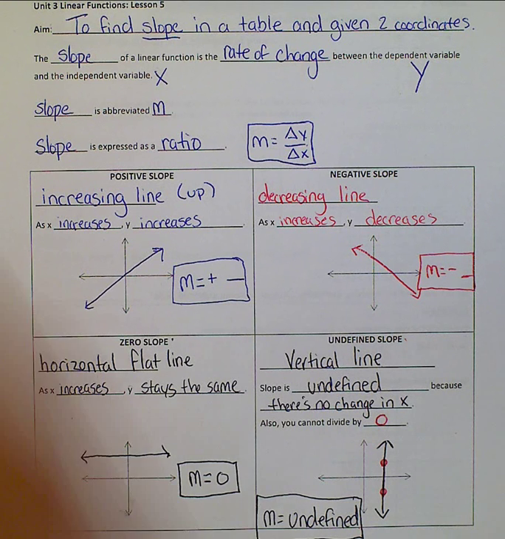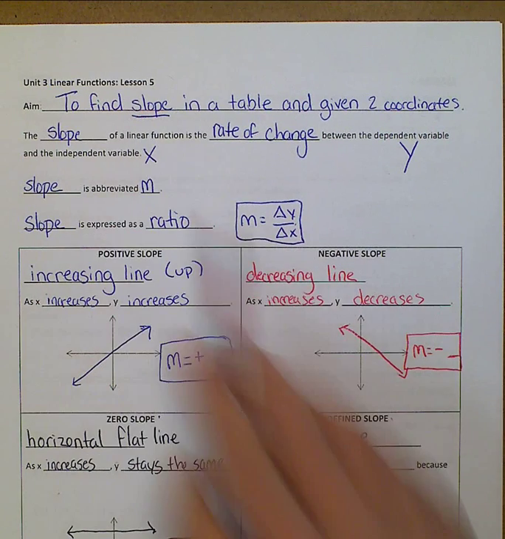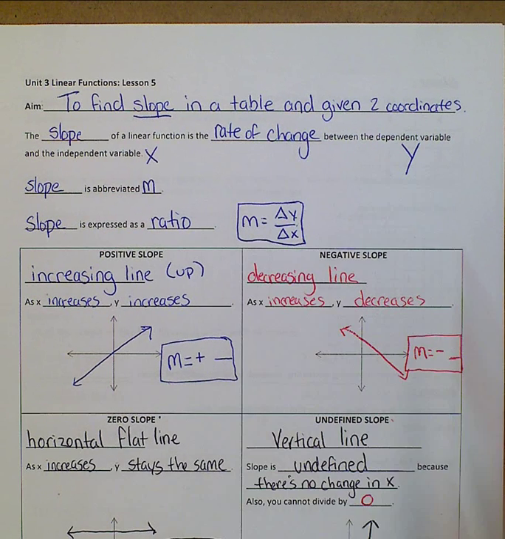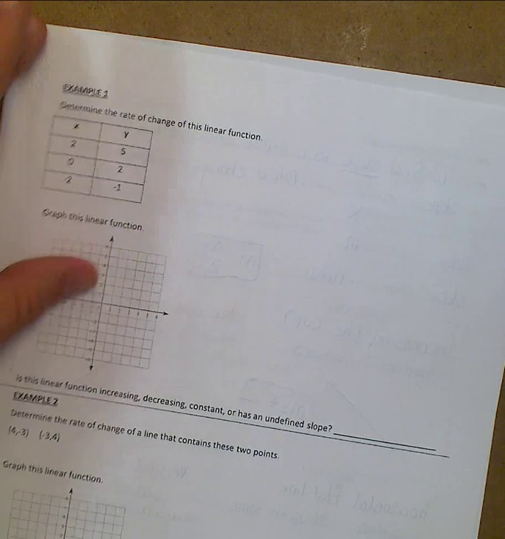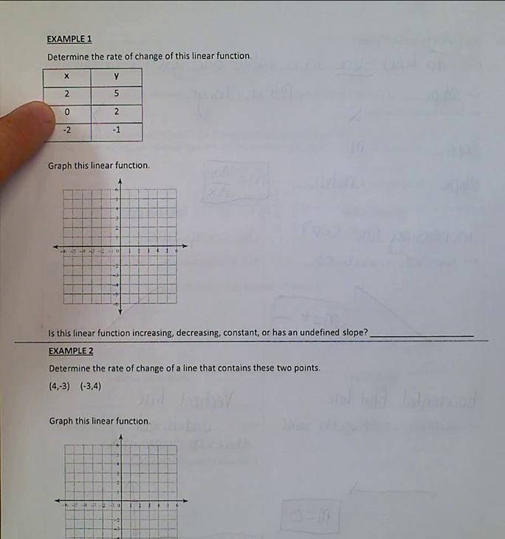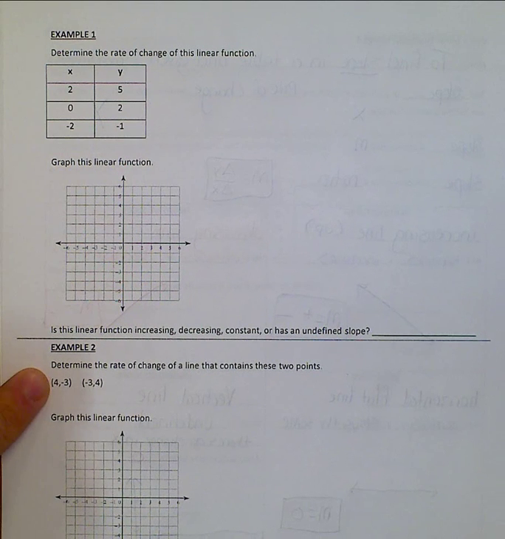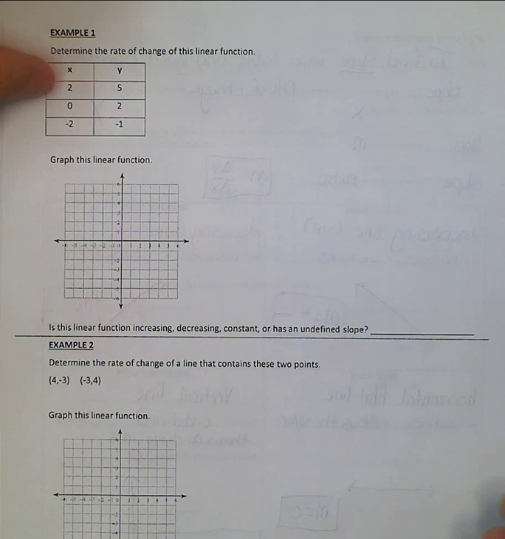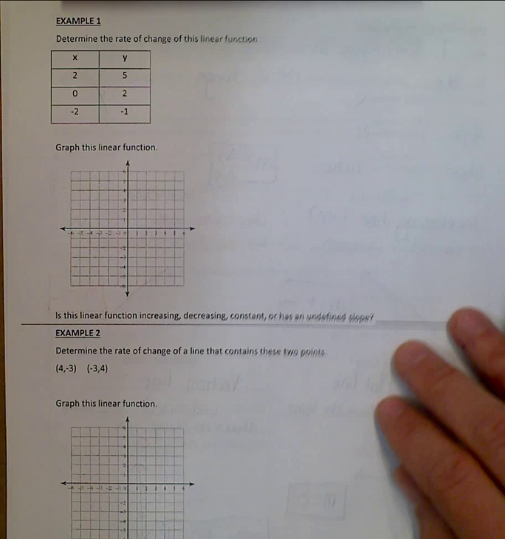And now we're going to accomplish today's goal, which is I want to find slope, I want to find the rate of change in y over the change in x in a table and given 2 coordinates. And this is actually a good lesson because to do both of those things, to find slope or rate of change in a table and 2 points, we can only use one strategy here. Okay? So to determine the rate of change of this linear function, remember linear functions can be tables, graphs, equations,